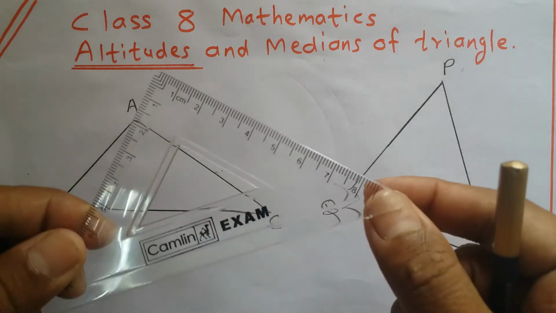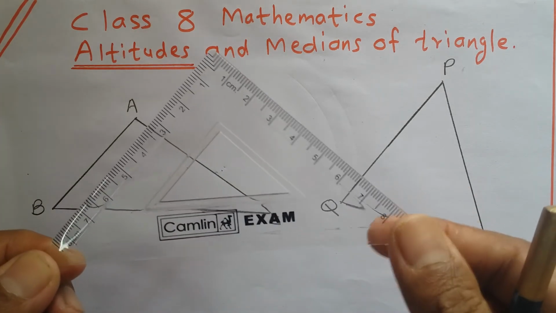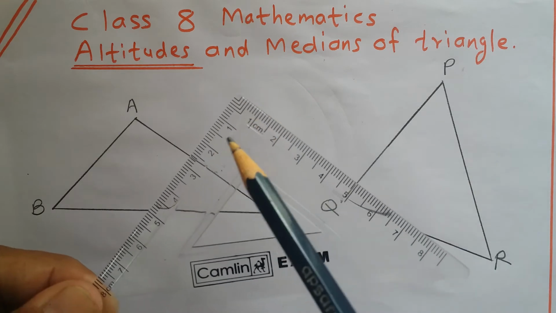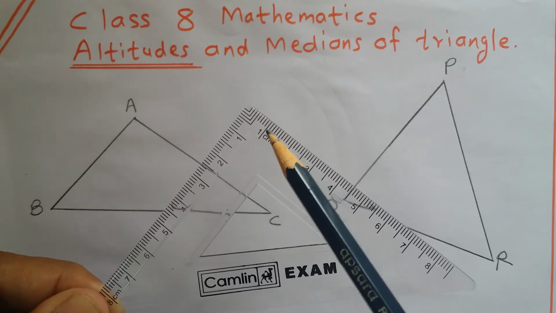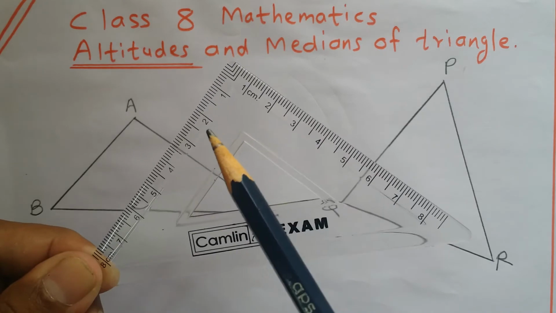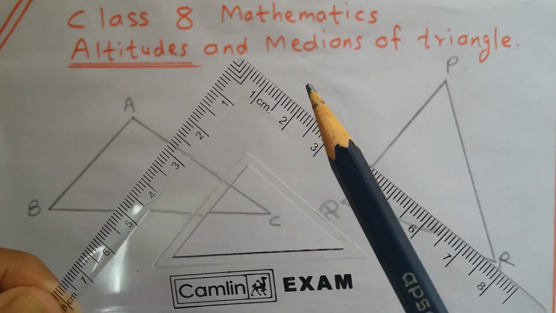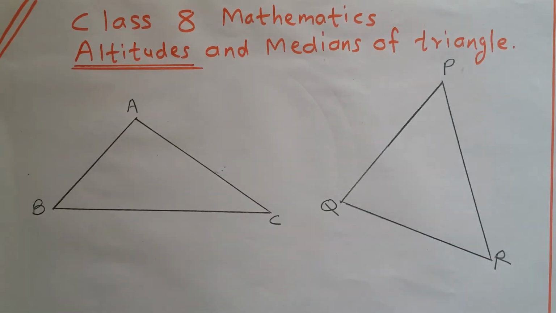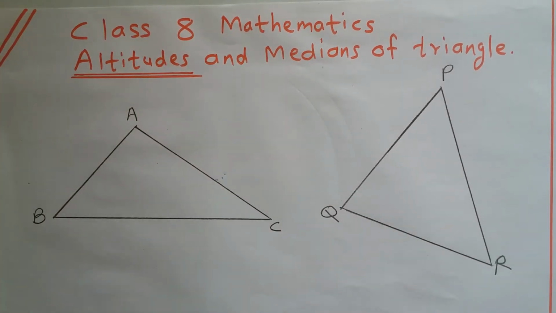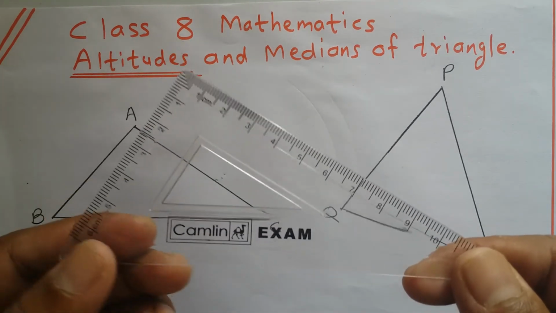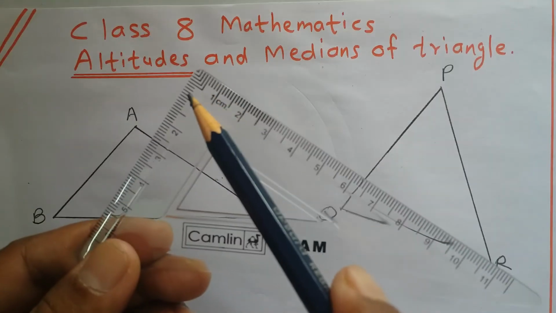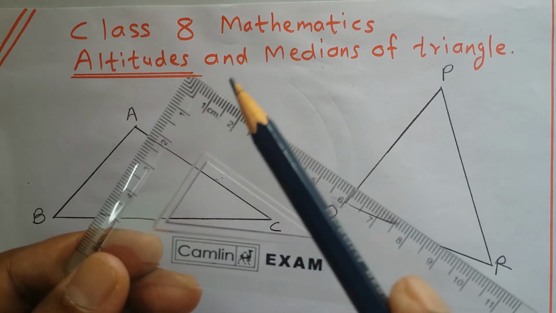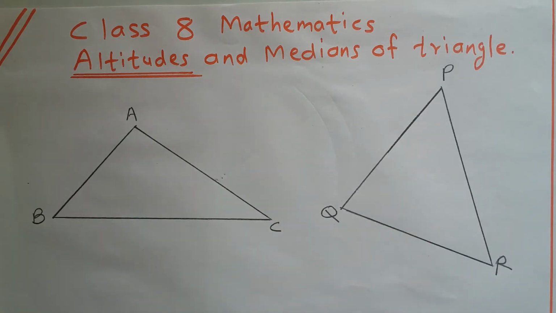Now you know these are the set squares. This is the first set square, and you know this, what is this? This is a right angle triangle, means 90 degree. So you can draw a perpendicular by using this set square because this angle is 90 degree. Also you can use one more set square. In this set square, this angle is 90 degree. So you can use any one from these set squares.